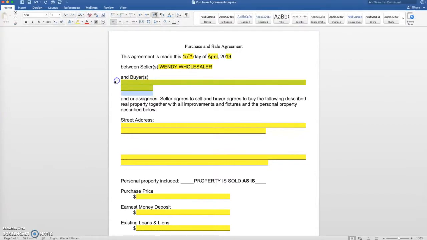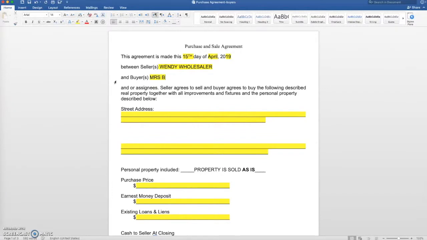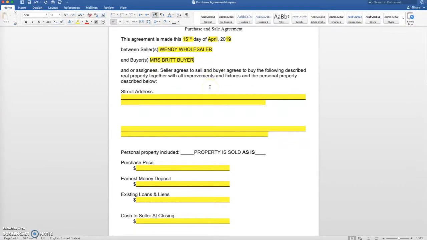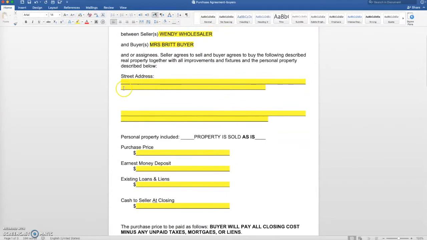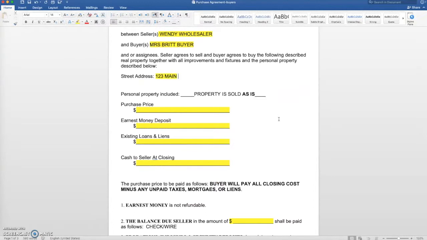And the buyer, your end buyer, is Mrs. Britt Buyer. Okay. And so here our street address is 123 Main Street, Louisville, Texas